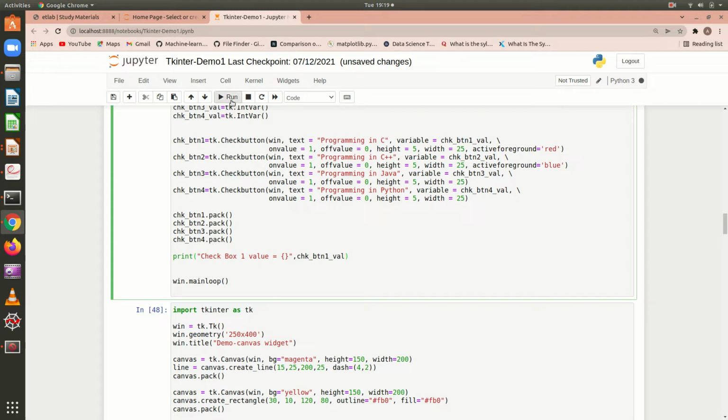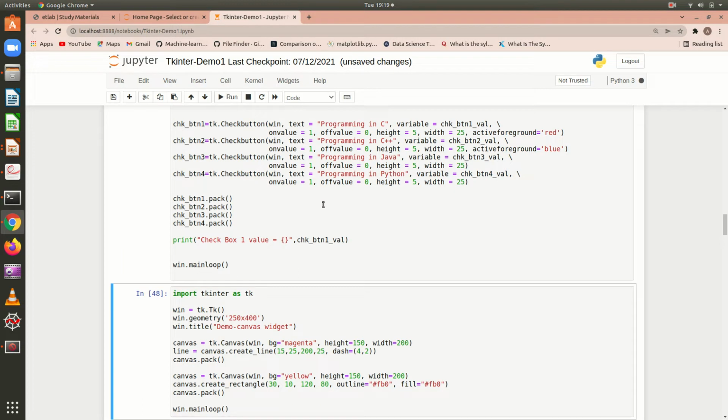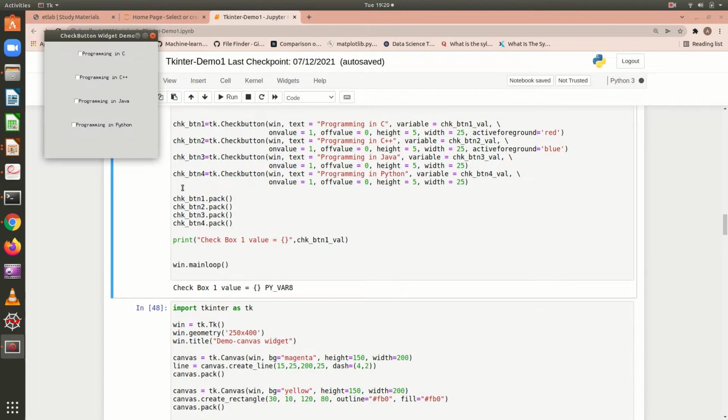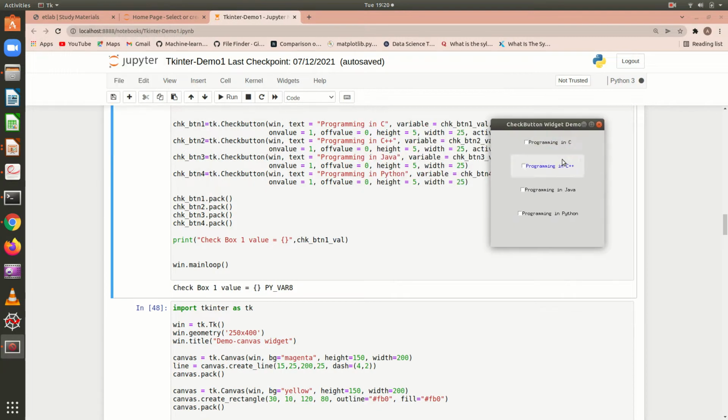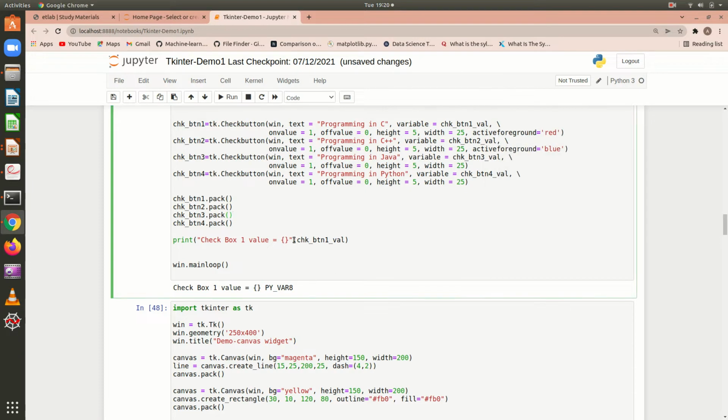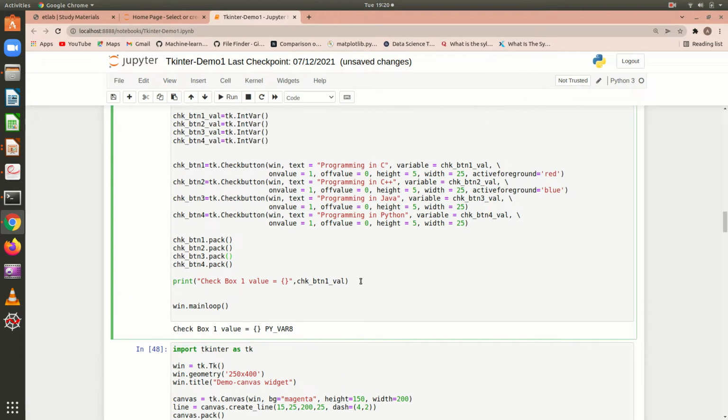So let us try running this. Sorry, I close it. I run it. I am going to change the value, uncheck it, check it, uncheck it. By the time the value will be displayed here, right? So since it is an object, I have to convert it to integer. Let us try.